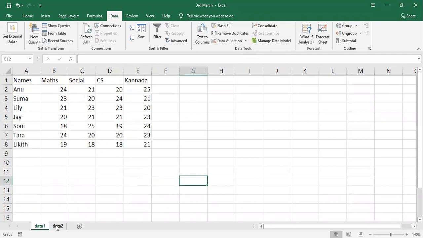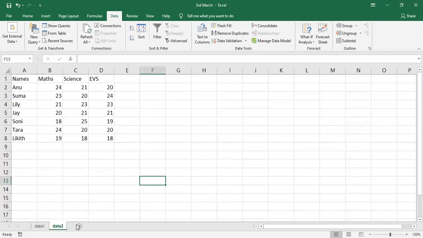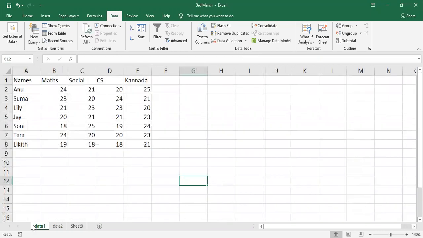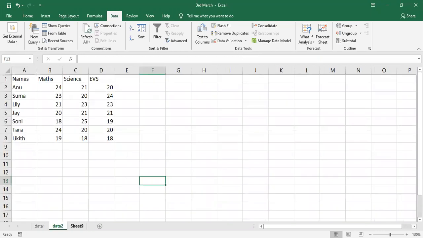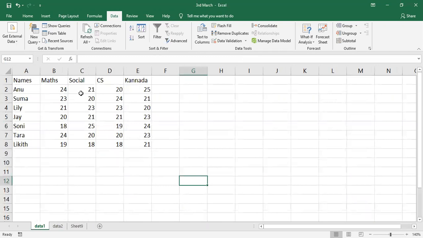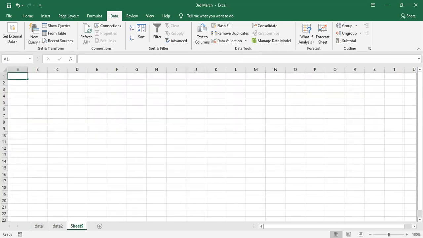Now, what I want is, I want to combine that data here. See, here maths and marks is same. Here we have math, science, EVS, and then here I have math, social, CS, Kannada. I want to combine all the data here.